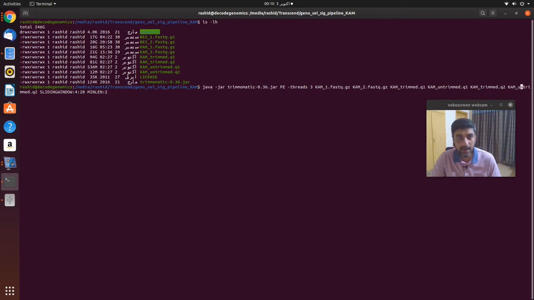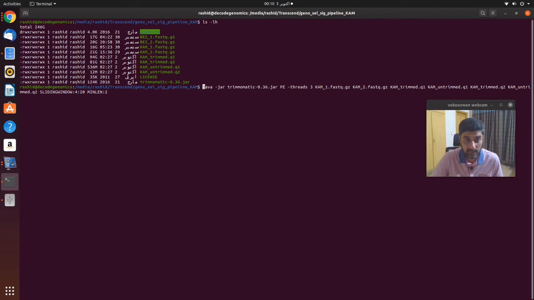So these are the output files you have to write, and then you will write the sliding window 4 and 20, and the minimum length is 2. So this is the complete syntax for this first step, in which we are going to trim our sequences, those who are not passing the quality checks, our quality filters.